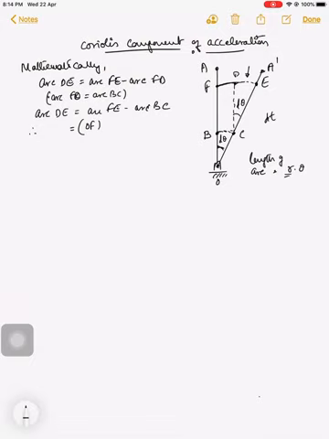So when I consider arc FE, in order to find out its length, the length of the link is OF into d theta, minus, when we want to find out the arc of BC, the length of the link is OB into d theta. Now d theta is common, let us take it outside: OF minus OB into d theta. Now we know what OF minus OB is.